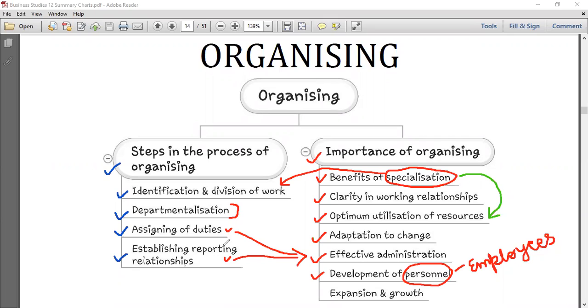And the last one is expansion and growth. Whose expansion and growth? Obviously the expansion and growth of the business firm, of the organization. How will it be achieved? जहां पे आपको स्पेशलाइजेशन मिला है, जहां आपका ऑप्टिमम यूटिलाइजेशन ऑफ रिसोर्सेज हुआ है, जहां इफेक्टिव एडमिनिस्ट्रेशन हुआ है, जहां पे आपके एम्प्लॉयज का डेवलपमेंट हुआ है, तो फिर ऑर्गेनाइजेशन तो ऑटोमेटिकली एक्सपेंड और ग्रो करेगी, उसमें तो सोचने वाली बात ही कुछ नहीं बचती है। जहां पे सारी चीजें हमारे लिए फेवरेबल चल रही हैं, तो ऑर्गेनाइजेशन के एक्सपेंशन और ग्रोथ तो इन्हीं चीजों पे डिपेंडेंट था।